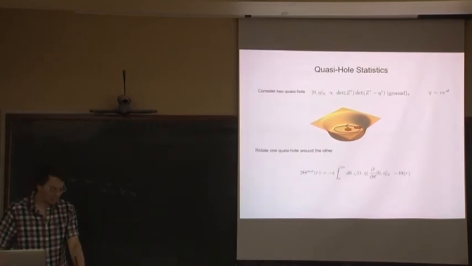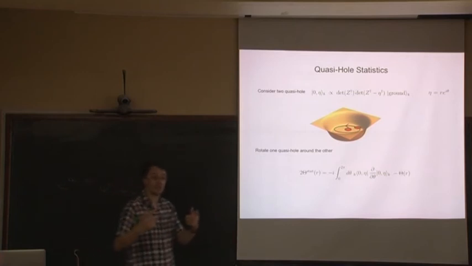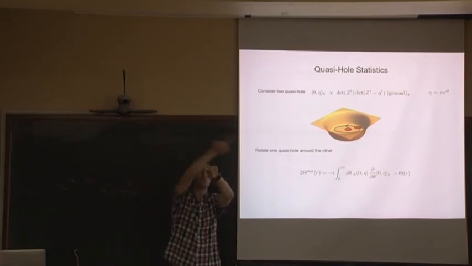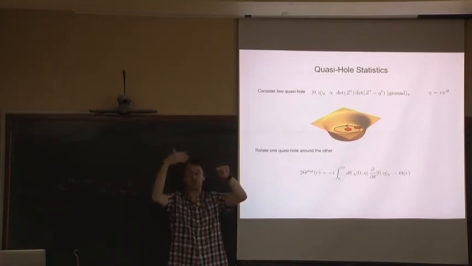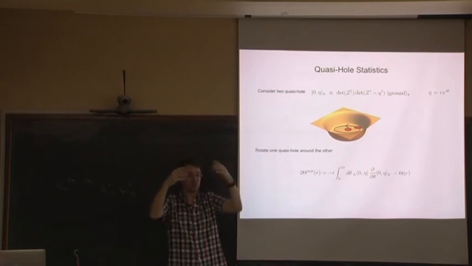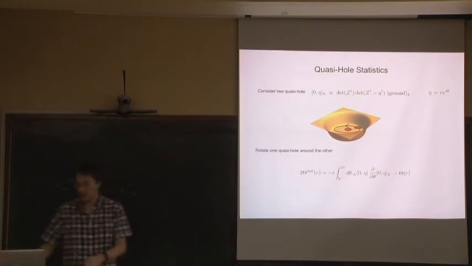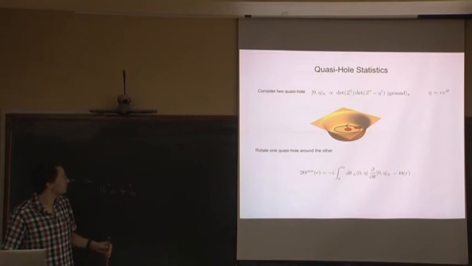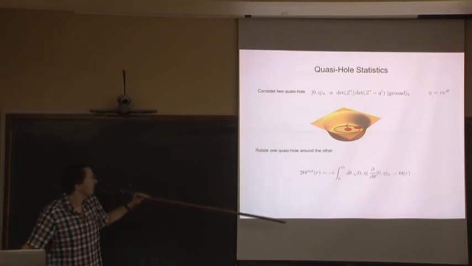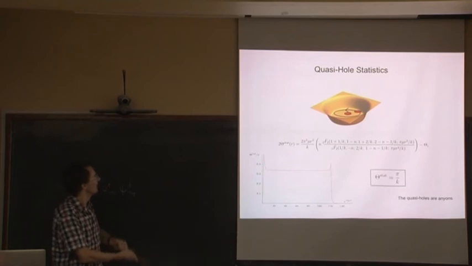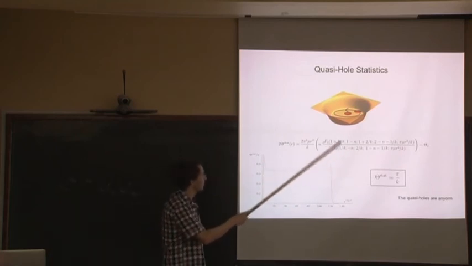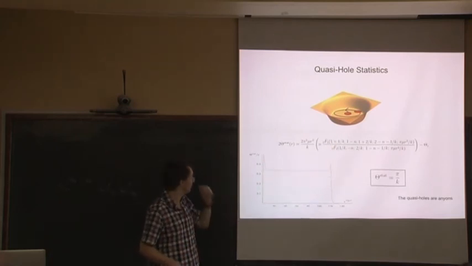Okay, the same is true for the anyonic statistics. If you remember the last lecture, the game now is you take two quasi-holes, you move one around the other, you compute the extra phase that you get due to statistics. Again, we couldn't do it for Laughlin wave functions, but Carl can do it for these wave functions. And the answer is, again, something even more: a ratio of confluent hypergeometric functions.